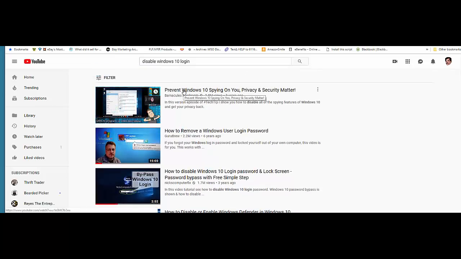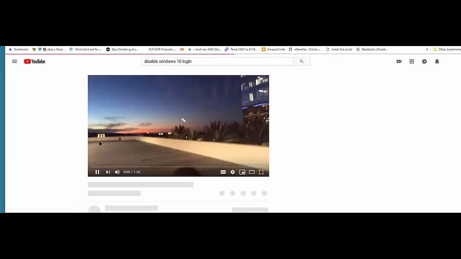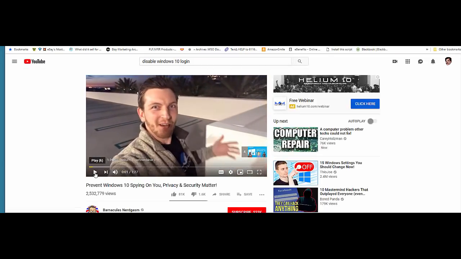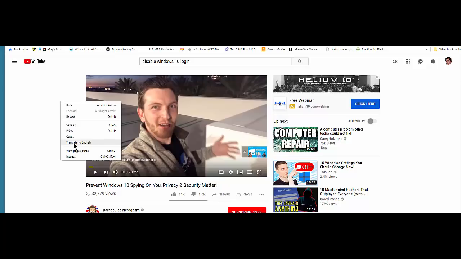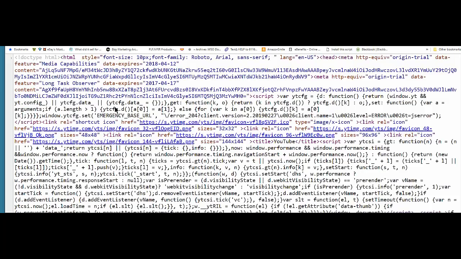And to find the keywords, we click on the video. A super easy way is to hit pause, and then we right click any place on a white area of our screen. Right click the mouse and click on view page source. Of course this is for Chrome, but you can also view the page source in Opera, Firefox, Safari, all of